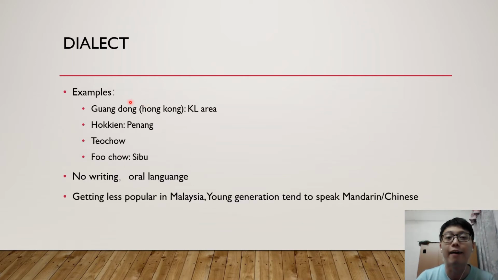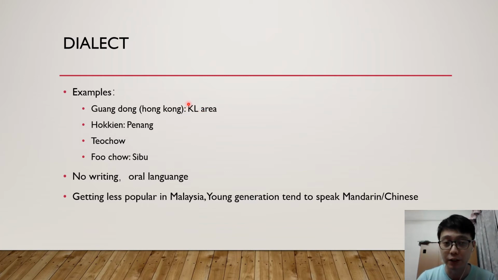Dialect. When we talk about Chinese, we always need to think about China. Since China is a big country, like India, different regions actually have their own different languages. It's the same in Malaysia also. The Kelantan people and the Jawa people, although they're speaking Malay, have their own Kelantanese dialect. So it's the same in China.